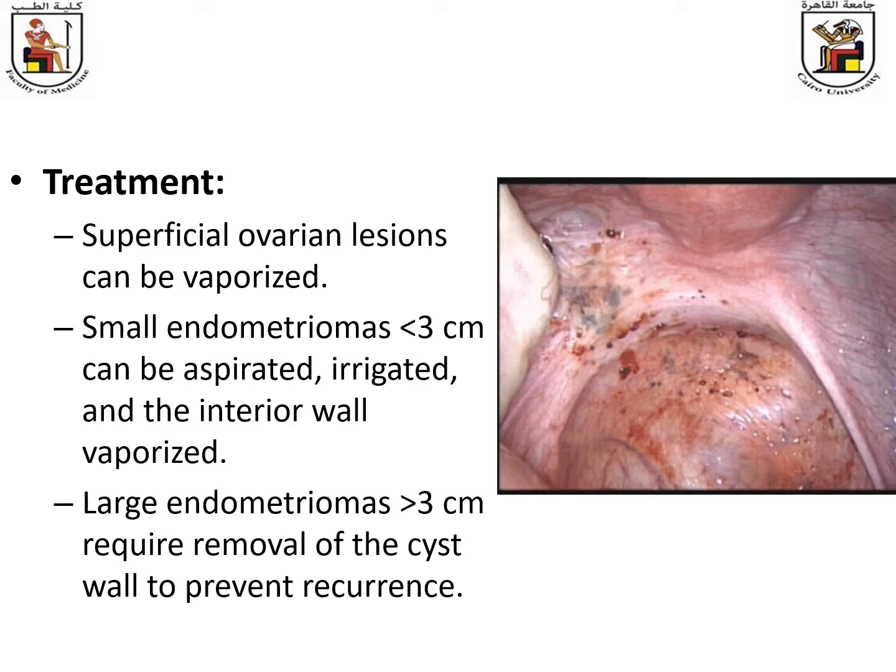So current management recommendations in patients complaining mainly of infertility, even if they have moderately sized endometriomas, is to leave the endometriomas intact and not to touch them, and to manage the patient